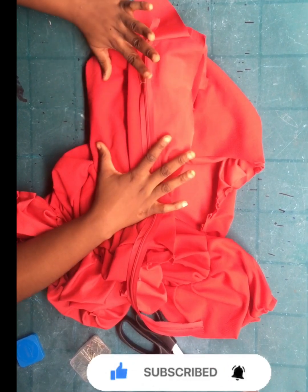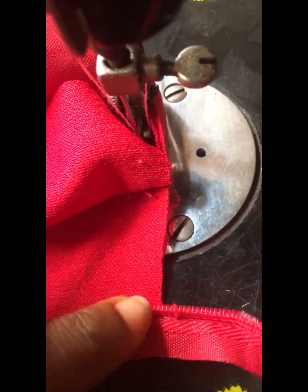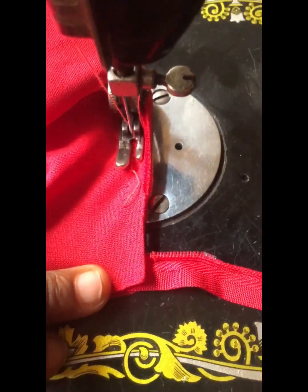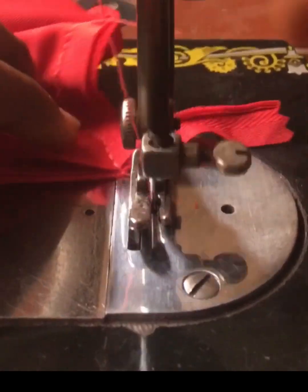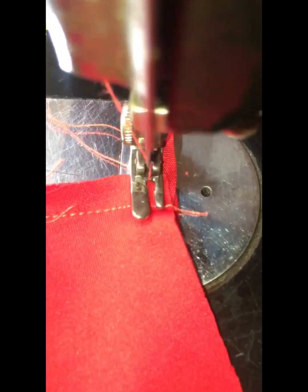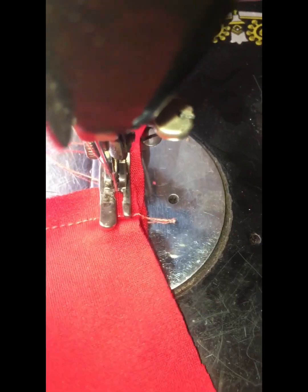So firstly, I'll go ahead to stitch my zipper at both sides of my back dress, and after that you can see what I have. So this zipper now, I'm going to turn it so you can see how it's facing, right? I opened this up after fixing, so I went ahead to turn it like this and use my facing to cover it up. So I'm going to stitch up using this 1/2 inch and cover my zipper. So I'll cut off the upper parts, and for the other side I'm also going to stitch it as well. So if you watch properly, you can see this is the side, so I'll use this my facing now to